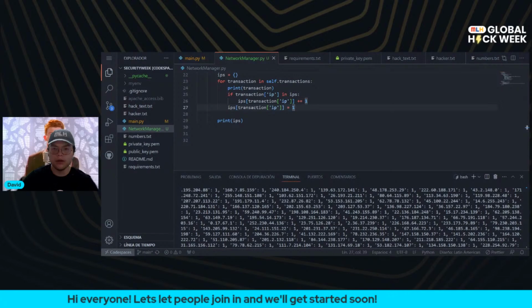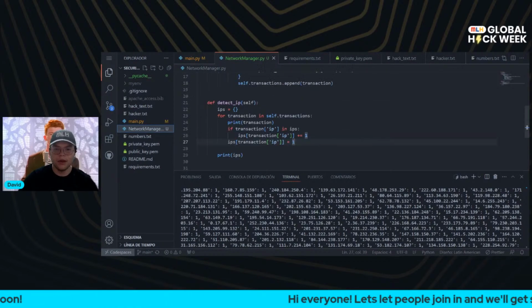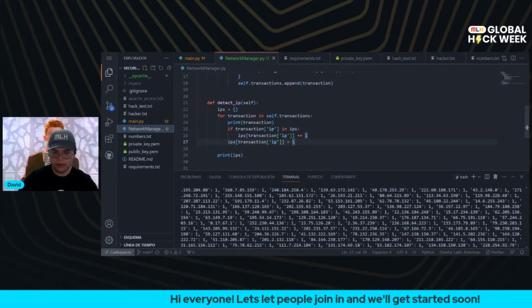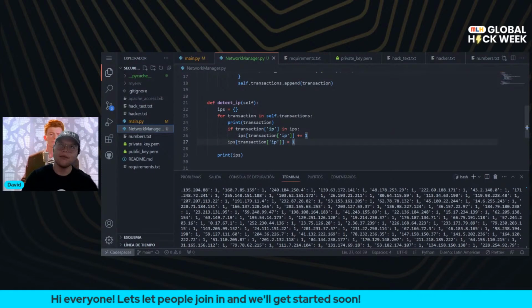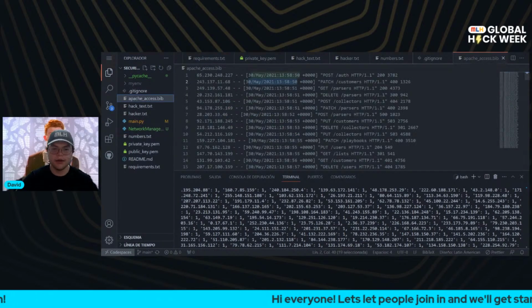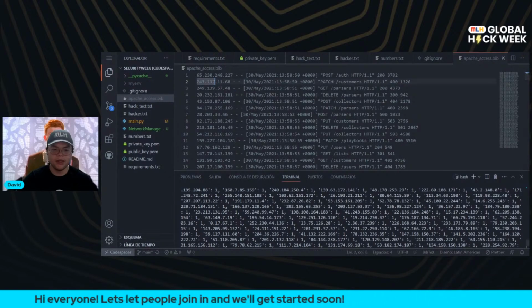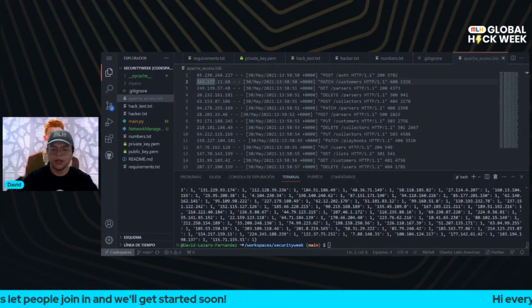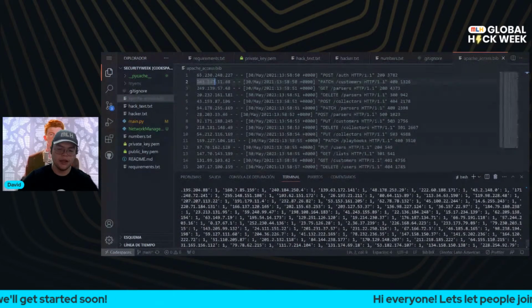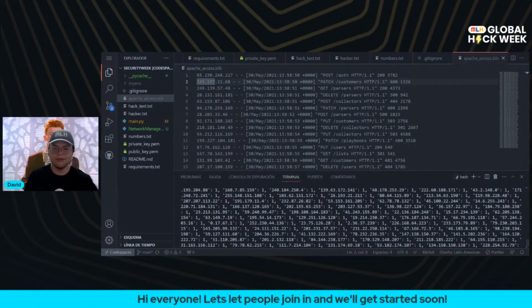Yeah. So if you're joining the stream, we already have covered what HTTP and HTTPS are, and the difference between them. We read something about the HTTP requests, and now we're just doing some exercise with our Apache access file that we have. Now we're just trying to obtain all the IPs and count them, and then try to know if some of our IPs have been repeated, and if they're trying to